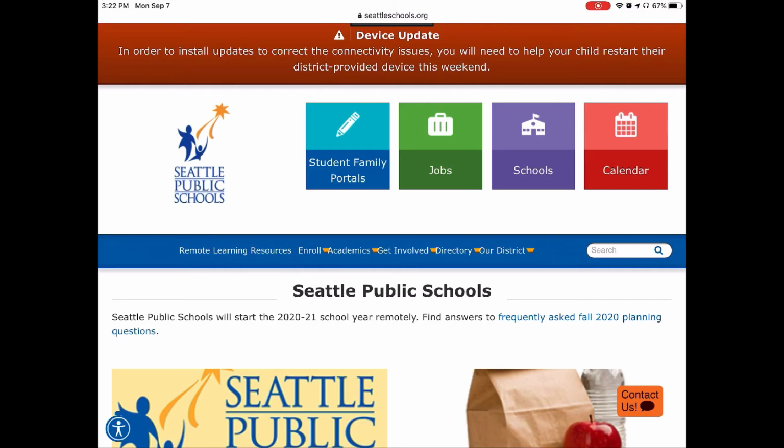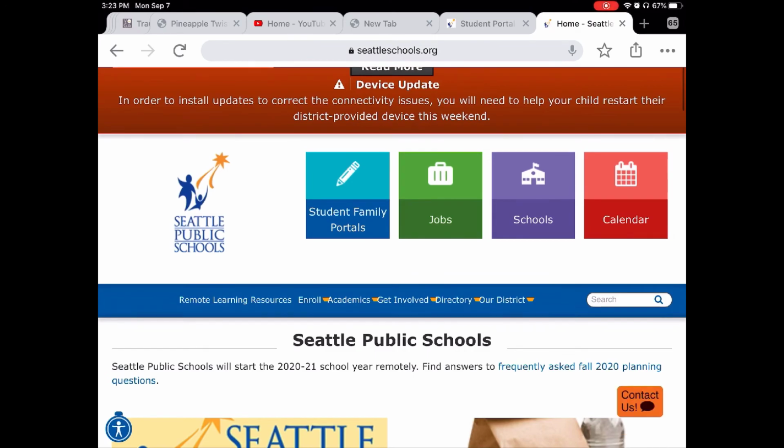My view is a little bit different since I'm on iPad. It's going to look the same but stretched out if you're on a laptop or on a desktop, but it's still going to look the same. It's still going to be that same blue pencil, and that's the one that you're going to click. So I'm going to click Student Family Portals,